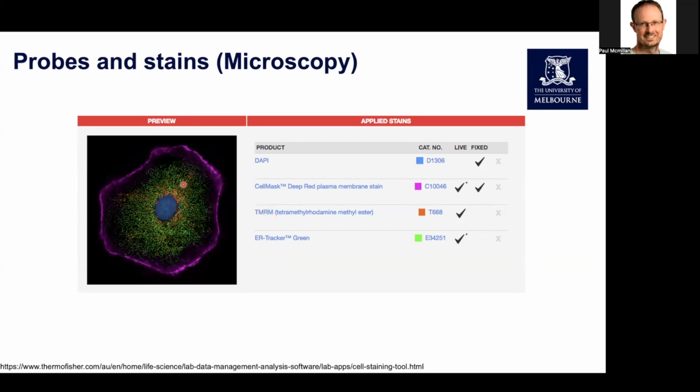TMRM, that's tetramethylrhodamine. This will mark the mitochondria within the cell. And then we have an ER tracker here in green, which is going to stain the endoplasmic reticulum in the cell. One thing just to be aware of with these probes and stains is that